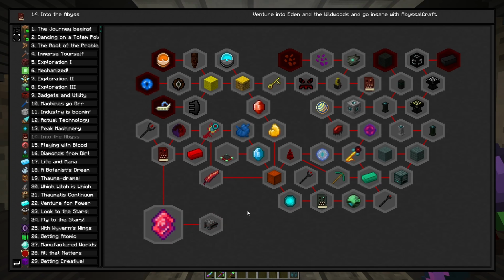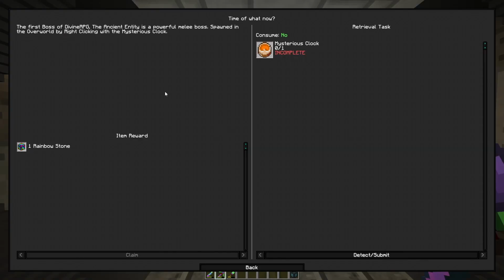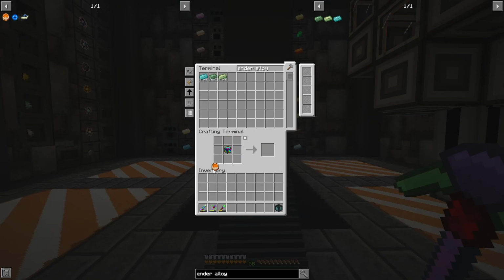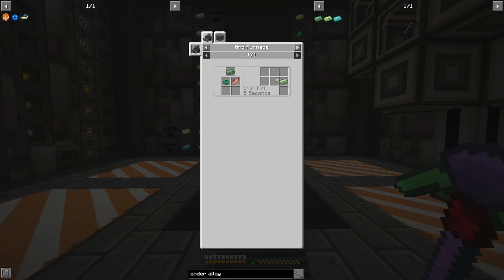So the plan for today is to get into Chapter 14, which is Abyssal Craft and Divine RPG. And the first thing we need to do is fight these 3 Divine RPG bosses. We have to make the summoning items for them. Here's the Mysterious Clock, the Horde Horn, and for this Call of the Watcher, we have to make Ender Alloy, which we haven't made yet. And it takes the